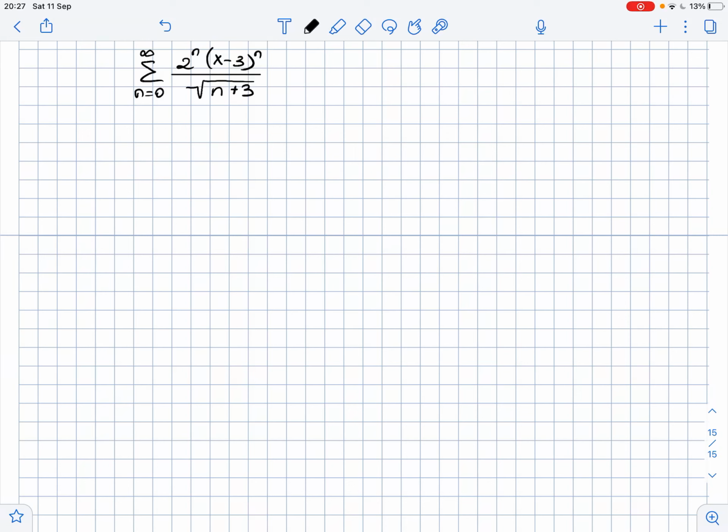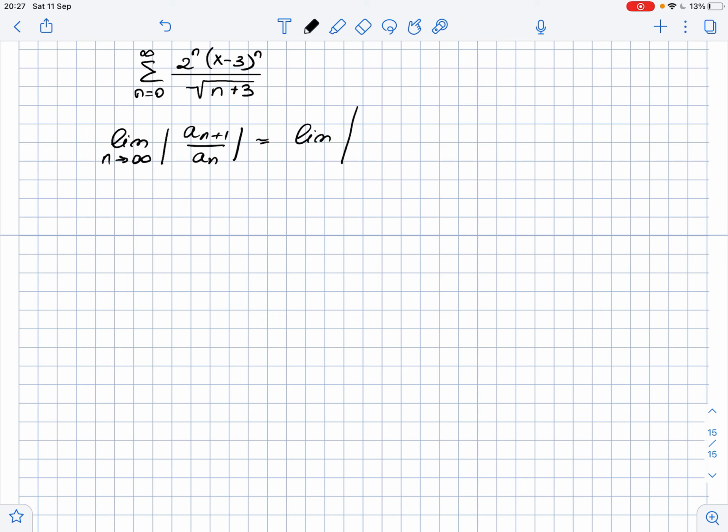So we need to determine the radius and the interval of convergence for the given series. To do so, we will use the ratio test. So the limit of the absolute value of a_(n+1) over a_n, where n approaches infinity, equals the limit of